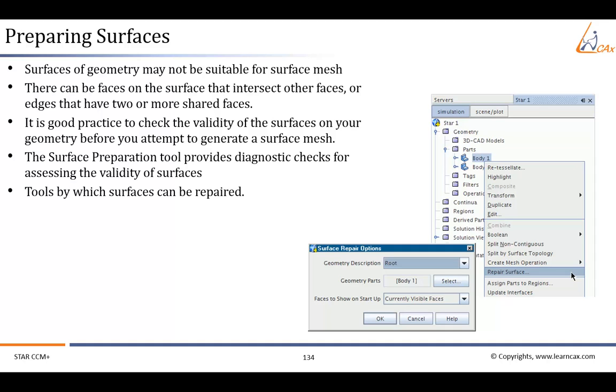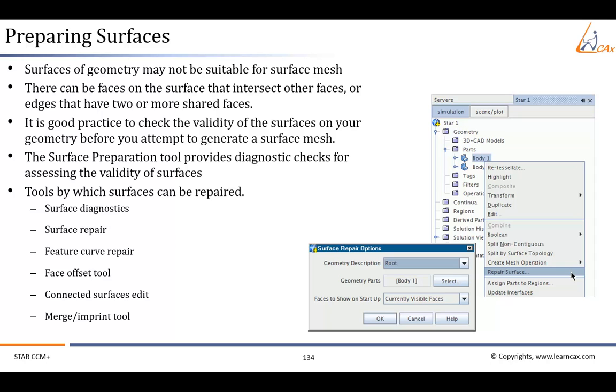Let us list them here. Surface diagnostics, surface repair, feature curve repair, face offset tool, connected surfaces edit, merge imprint tool, face intersection tool,